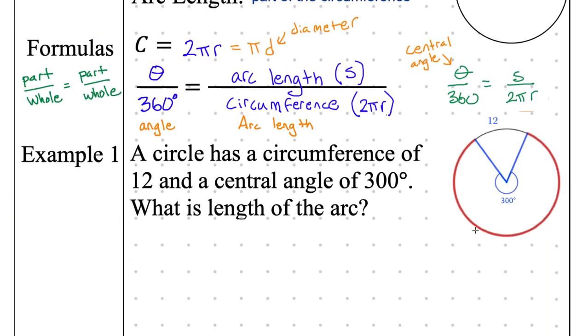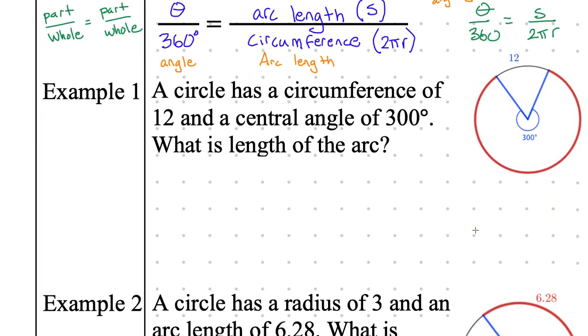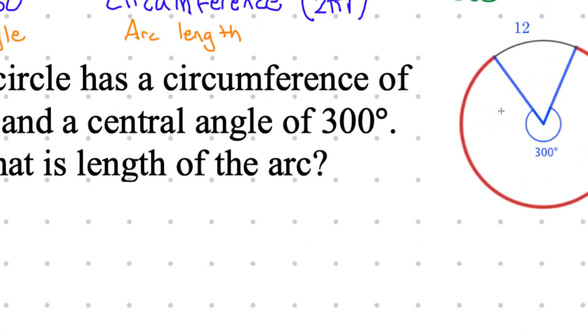All right, let's use this fraction. I want to find the length of this arc. It's kind of hard to see, but it's not this pi piece right here. It's this piece right here. How long is that arc length? How am I going to do that? Well, first, I'm going to write down our formula. Everyone copy down the formula yet again. Try to do it from memory because you're going to have to memorize this. Theta over 360 degrees. Part over the whole is equal to part over the whole.